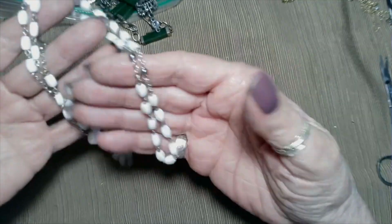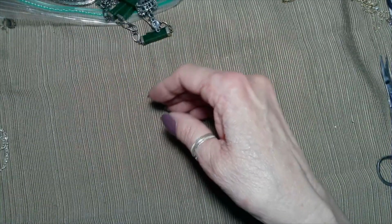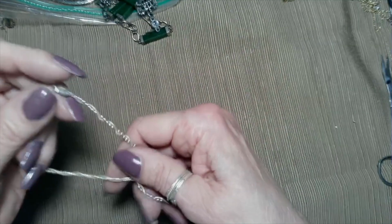Made in Italy. Very pretty. I don't have a white rosary. I may keep that one. And this